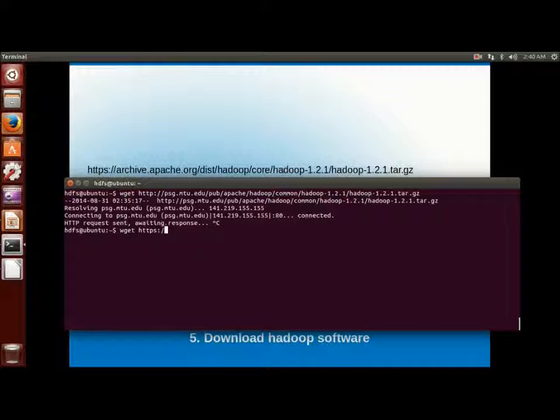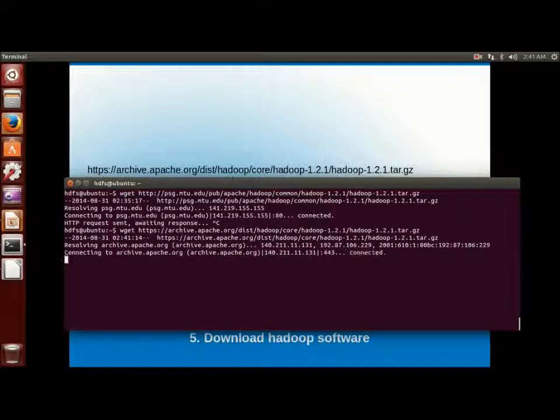Next, download Hadoop software. It's the fifth step. Hadoop software can be downloaded from different sources. We should download the stable version of Hadoop software. Since 1.2.1 is a stable version, I have the link to the Hadoop software at Apache archive, hadoop-1.2.1.tar.gz.